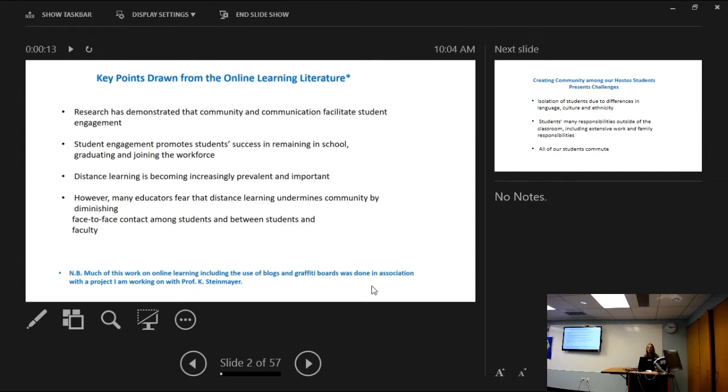So we dug through the literature, and there's research showing that development of community, which could be done through helping students with communicating amongst oneself, can help student engagement. And as we know, if students are more engaged in their classes, they're that much more likely to stay in school and be successful in their academic work and work their way through the pipeline and join the workforce in